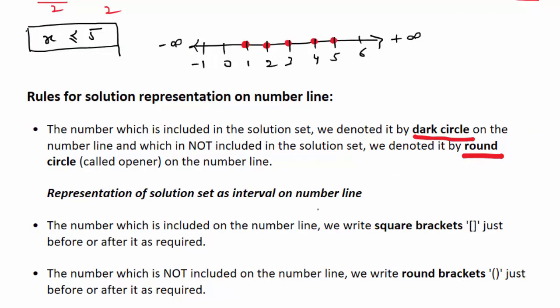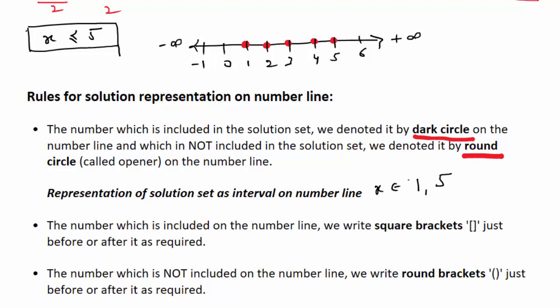There is one more representation of the solution set, that is representation of the solution set as an interval on the number line. So for this, the rule says that the number which is included on the number line, we will write a square bracket just before or after it as required, and if the number is not included on the number line, we will write round brackets just before or after it as required. So for the above example, the solution set as an interval on the number line will be x belongs to 1,